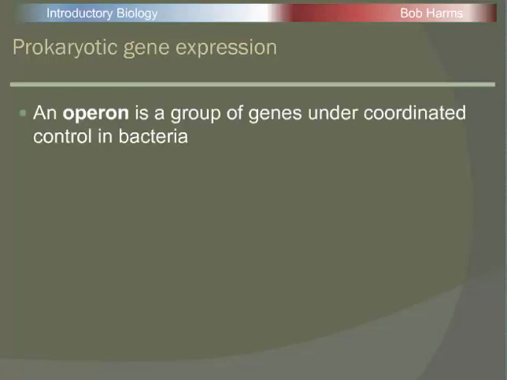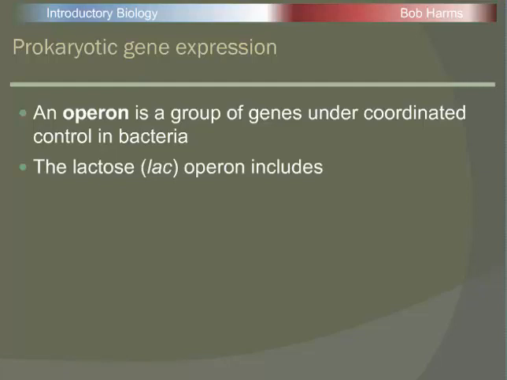When people first started studying gene expression, they discovered what were called operons in these prokaryotic or bacteria cells. An operon is a whole group of related genes, maybe as many as 3 to 5 different genes, all located near each other on a chromosome, and they're all controlled in a coordinated, or singular, fashion, meaning all those genes are either going to be expressed at the same time and turned on, or they may all be turned off. The first of these that was discovered and really well understood is called the lac